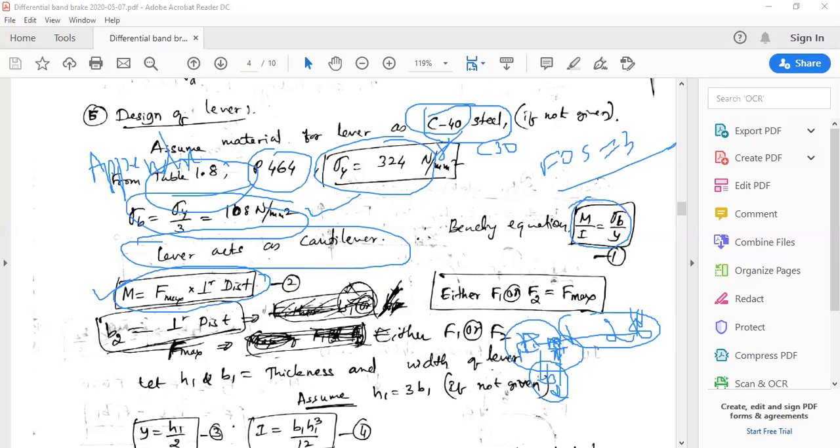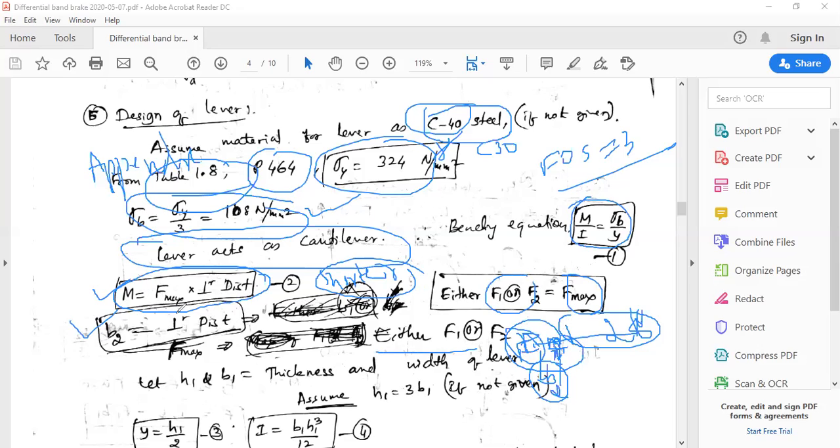So by considering the shorter arm, which is having a length of B2 itself, no doubt, the perpendicular distance is to be treated as B2, and F max is to be considered. If it is rotating clockwise, this will be F1. If it is rotating anti-clockwise, this side will be F2. So F1 or F2 is to be taken as F max depending upon the situation and direction of rotation. This is what we have to remember.